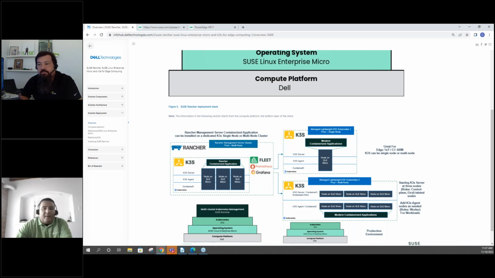We have Fleet, and it is integrated by default with Rancher. So Fleet will allow you to install the application in thousands of Kubernetes clusters, just by organizing them in groups. You can do all your GitHub repositories and configure it in a way that it will be easier to manage and control those thousands of